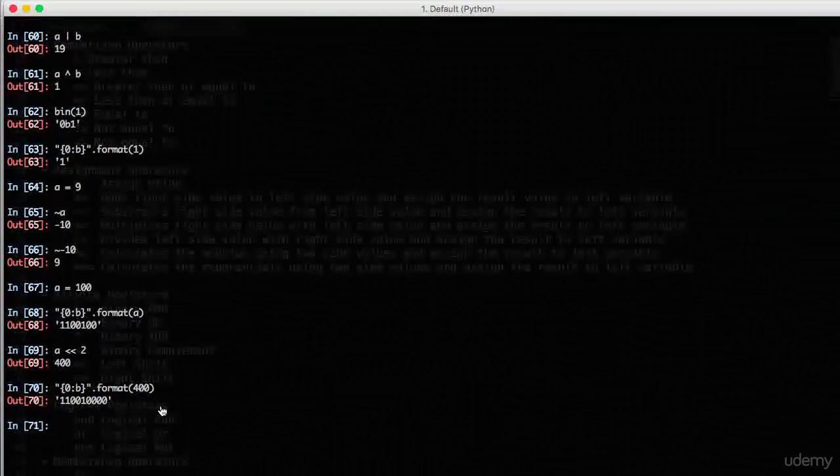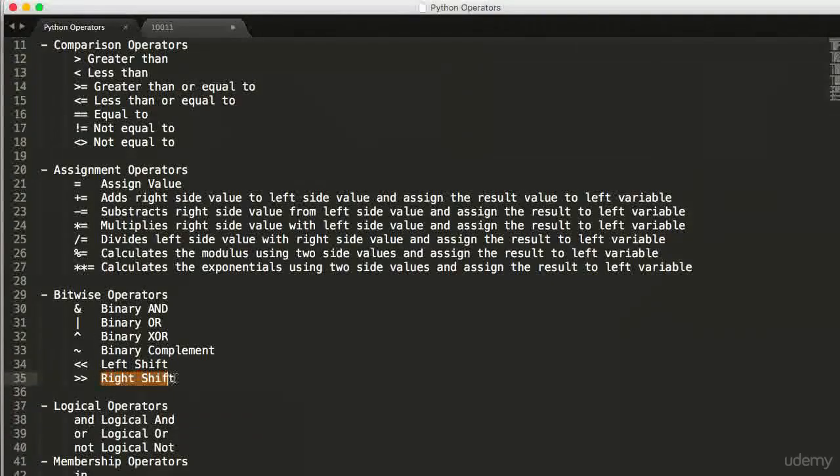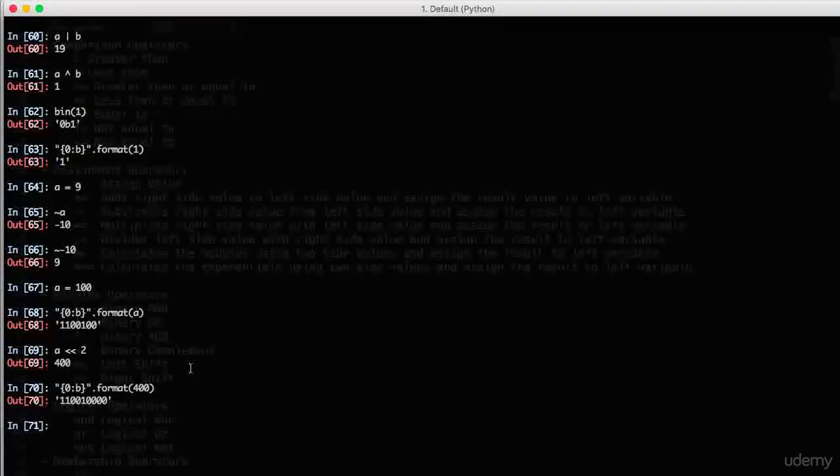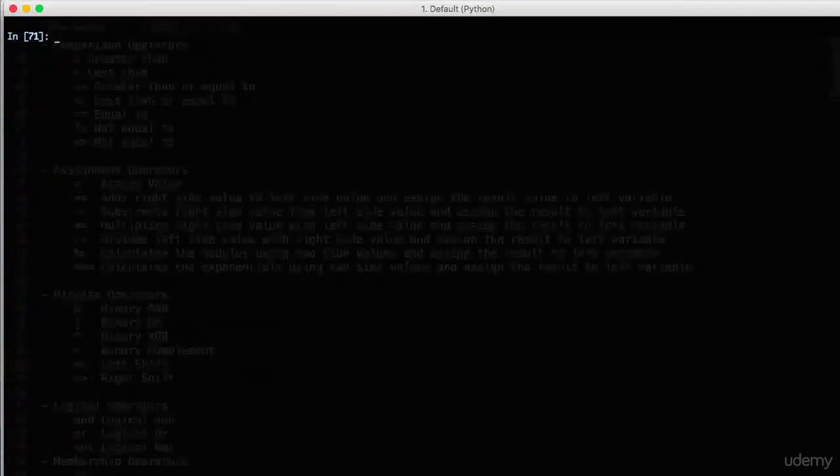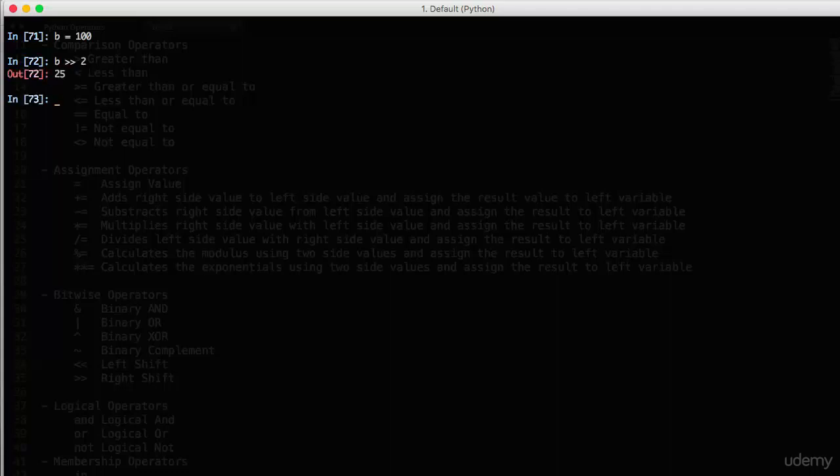Now let's check about right shift. Let's initialize another variable. All right, let's apply a right shift operation on this variable, 2. Was that really 25? Okay, let's check it.